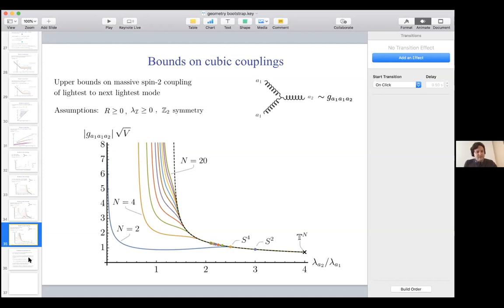Okay, so this is just a sampling of these various plots. So if you look at our paper, we have many more plots of this type with various other cubic couplings between the other Kaluza Klein towers and various other eigenvalue plots and so on. And there's much more that could be done. We just did a bunch that we thought were interesting, but there's many more that could be done using the same